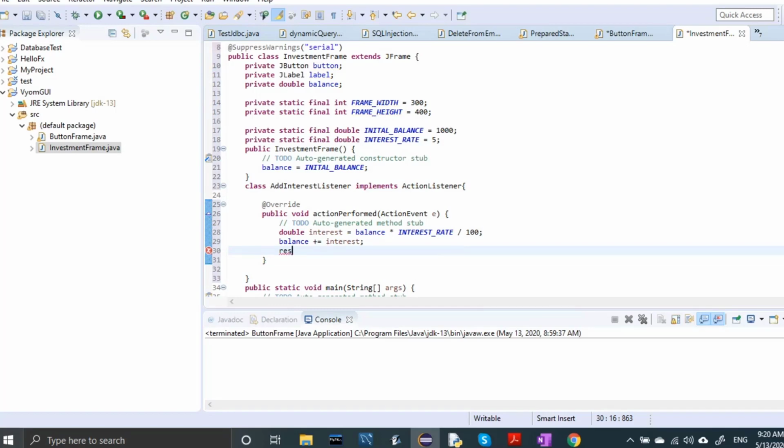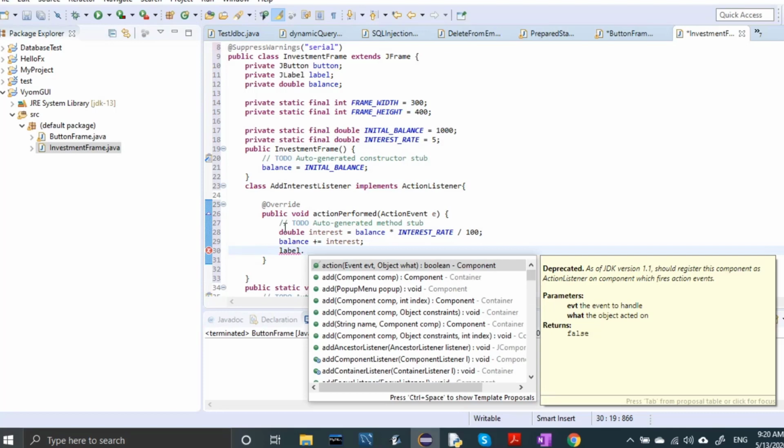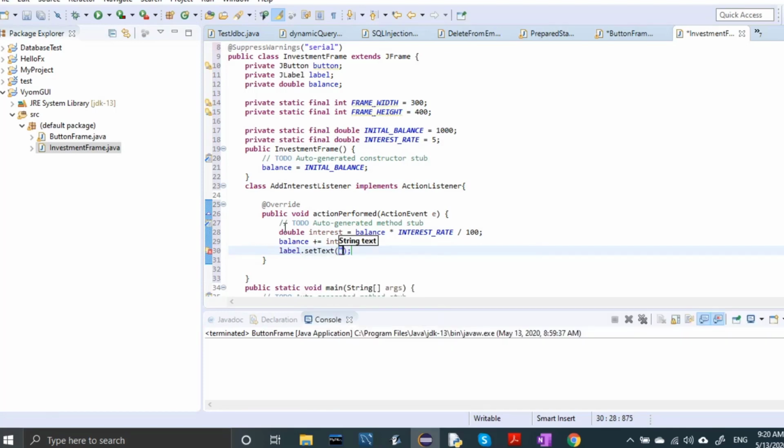As a result, here we have a label, so label set text, and here we write balance in double quotes plus balance.